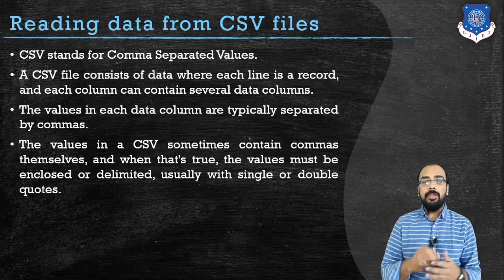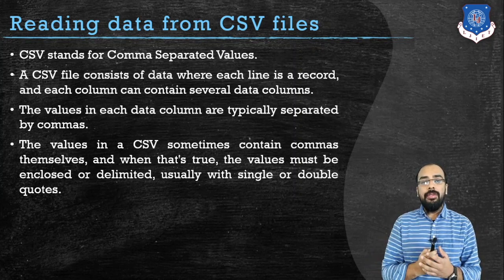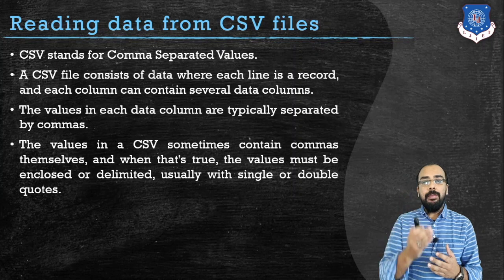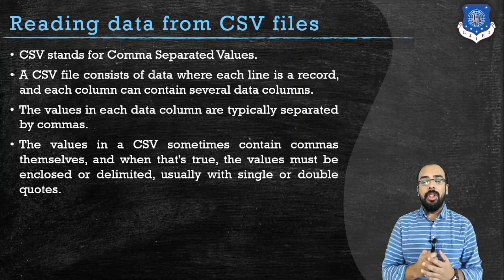Data columns means, for example, if I have a table which is storing 5 different columns and there are n number of rows. Consider a particular column named name. Name may contain n number of records related to that particular column.